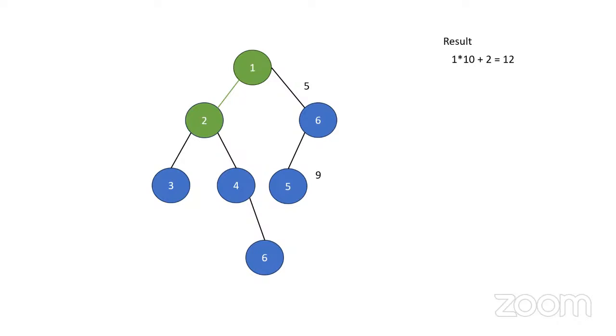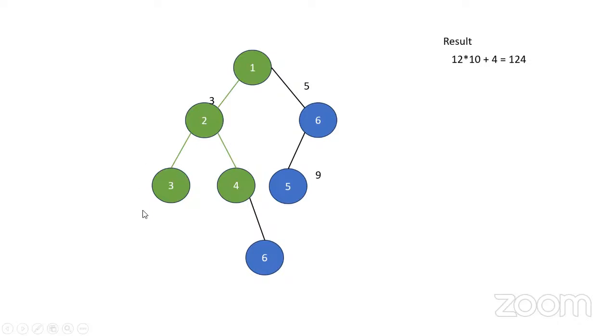Now from 2 you go to the next node on the left, meaning you can choose between left and right. It's arbitrary, but the requirement of the problem statement is that you have to traverse from root to leaf. So once you are at that leaf node, you produce a value which is your final root to leaf path value. Now once you have generated this value, you have to add it to the remaining root to leaf path values. So from 3 you go back to your parent, then you go to the right, which gives you another result of 12 multiplied by 10 plus 4.